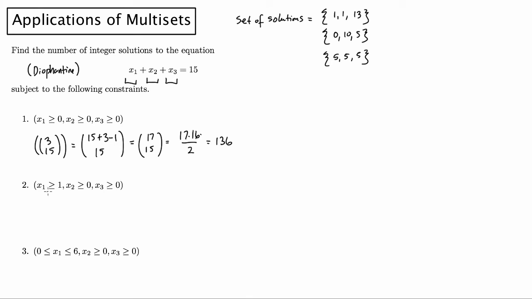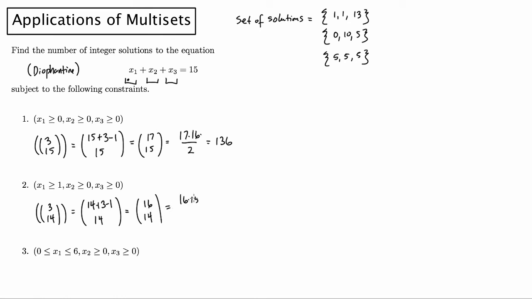Now if we change it up slightly and say x1 has to have at least one marble in it, then if you remember the marble question, this is very similar. I'm just going to go ahead and place one marble into the bin for x1, meaning I only have 14 marbles left to distribute at that point. And how would I go about doing that particular problem? If I only had 14 marbles left to distribute, then that would just be 3 multi-choose 14, which is 14 plus 3 minus 1, choose 14. So this is going to be 16 choose 14,